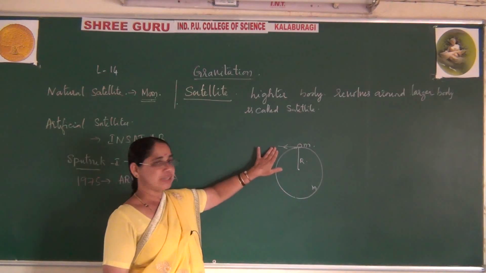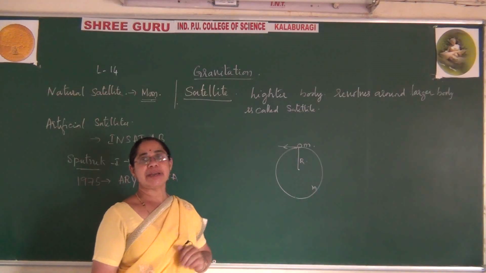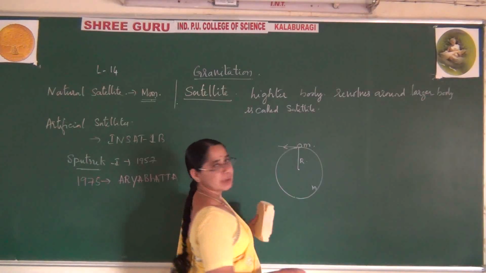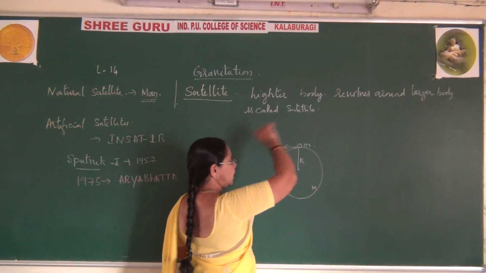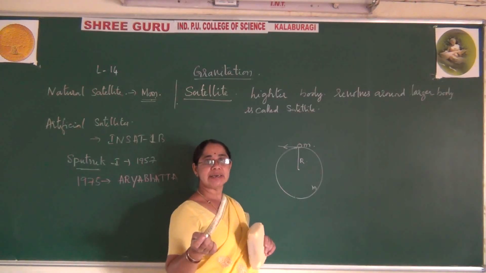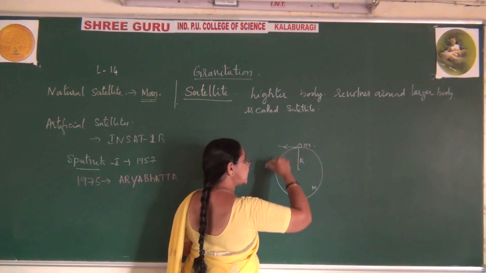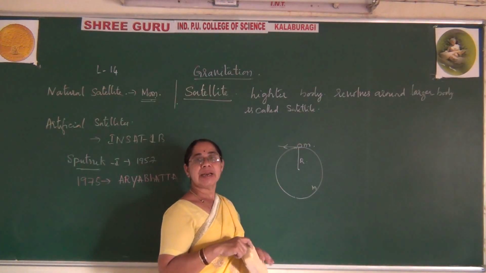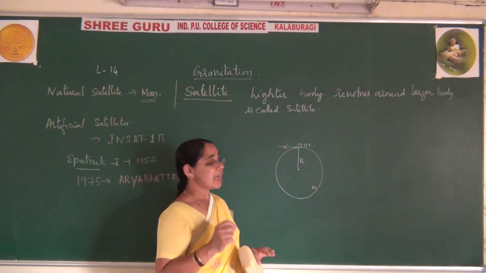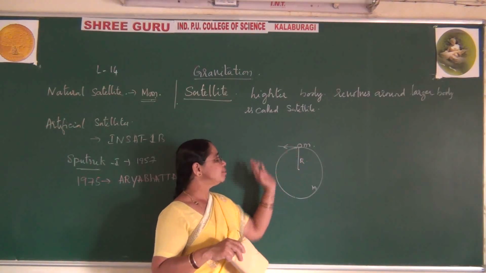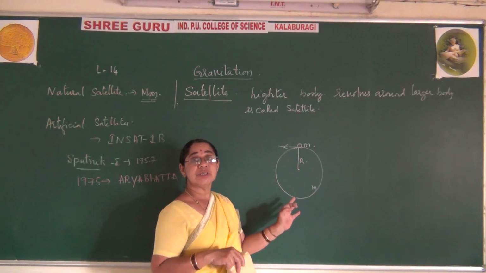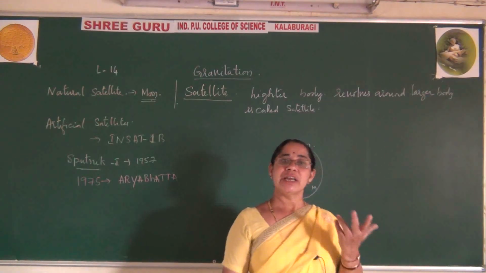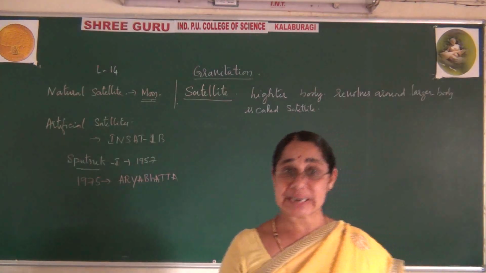But now if this object moves in a straight line, one more point I want to say: this is the Earth, and the object is already inside its field. So naturally there is a force of attraction between this object and the Earth. How does this object move? It may have different conditions. Maybe this object moves in a circular motion, maybe in an elliptical orbit, maybe slightly elliptical.